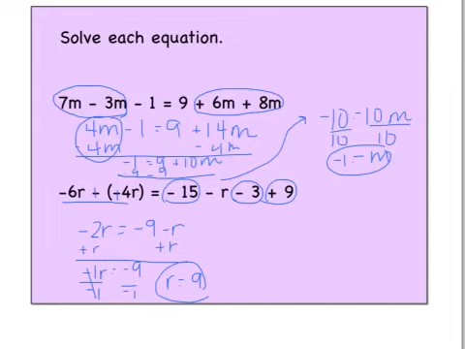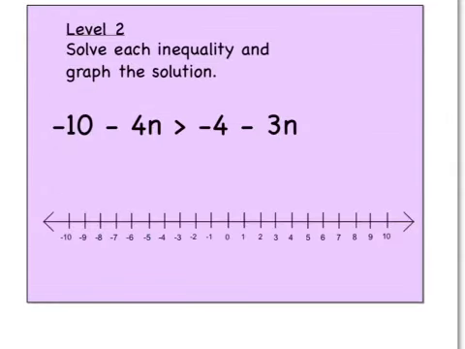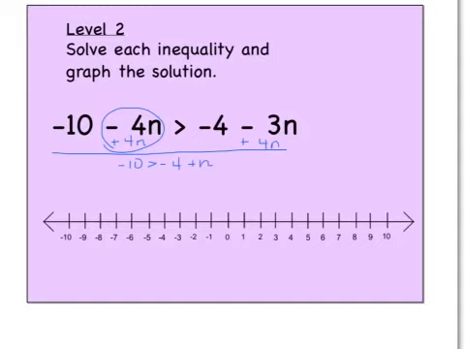Now we're going to add in inequalities. So here we've got to get everything on one side. We're treating this as if it were just an equation, but then we're going to graph our answer on the number line. So I'm going to add 4n's to each side, which is going to leave me with negative 10 is greater than negative 4 plus n. Here I'm going to add 4 to each side, and I'm left with negative 6 is greater than